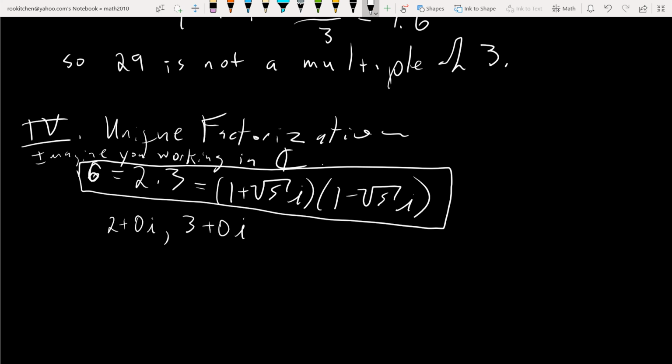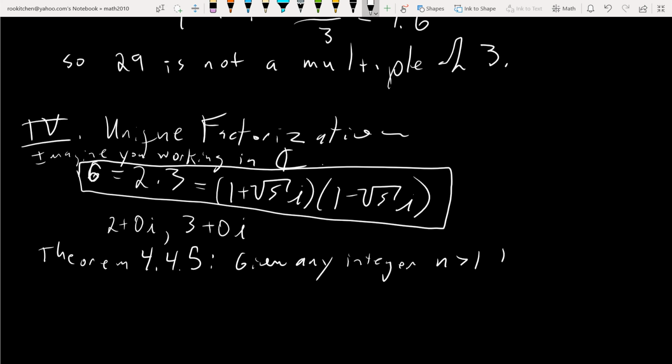Okay, so hopefully that convinces you somewhat that there are applications involved here. But anyways, the theorem, without further ado, is Theorem 4.4.5. It's kind of a long one, so you may want to fast forward a little bit. Given any integer n greater than 1, there exists a positive integer k,